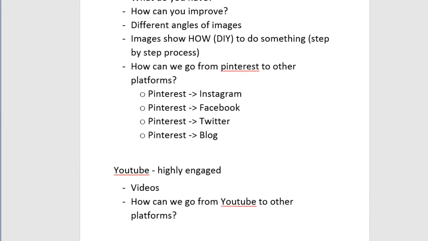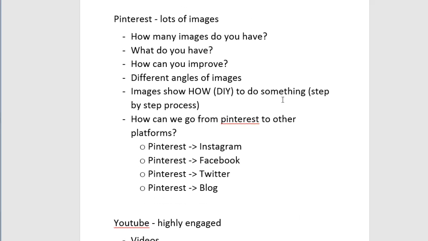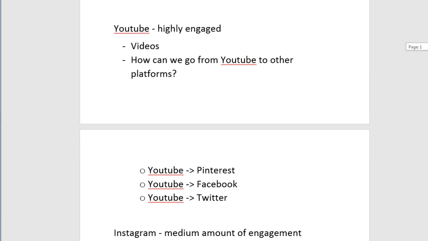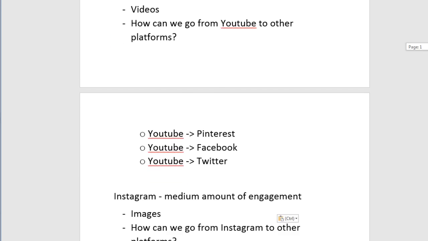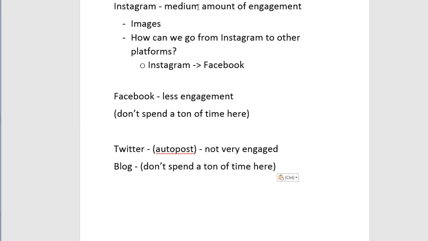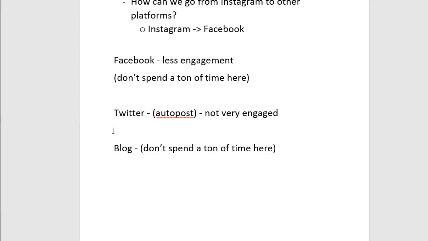But based on what we have written out here with our game plan, the majority of the content is going to be uploaded to Pinterest for images and videos, but the videos are going to be uploaded to YouTube, and we'll have a certain amount of images uploaded to Instagram as far as the day-to-day, and then of course we have Facebook and Twitter, which is not so much, and then of course we have the blog, which we don't have to spend a lot of time on as well.